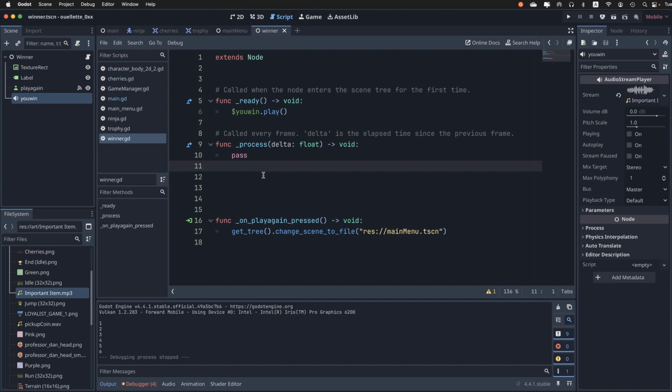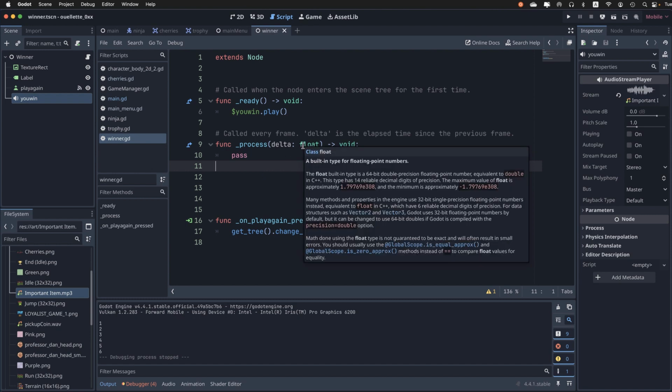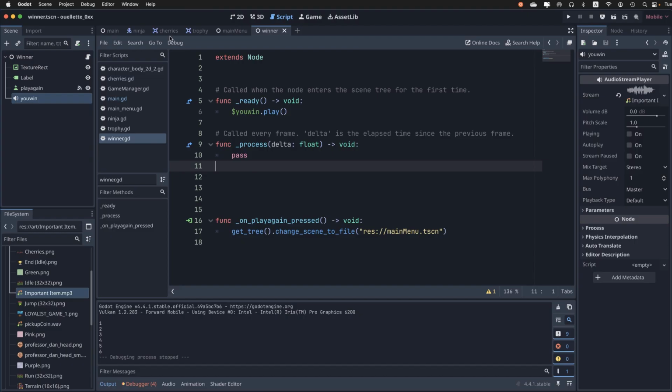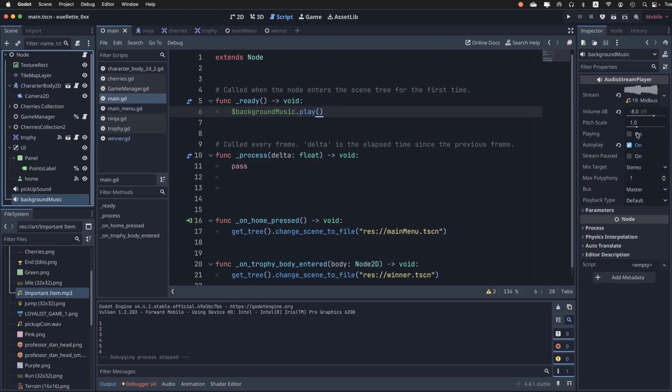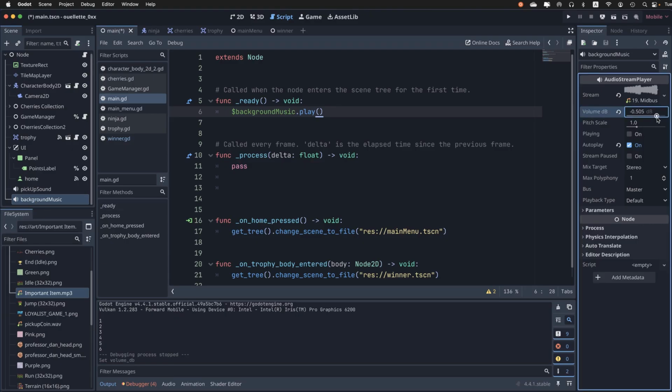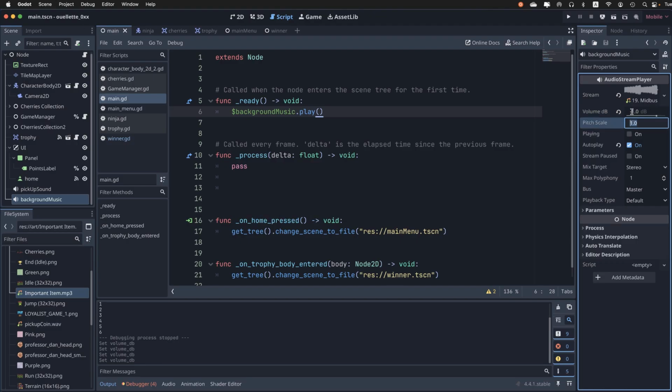Let me just go, and I actually thought that my background music was a little low. So I'm going to go to my main, and I'll go to my background music here, and I'm just going to set that volume. Actually, let's just set it to -1 here. Okay, save that. And the last thing I'm going to do is just put a text label on that opening